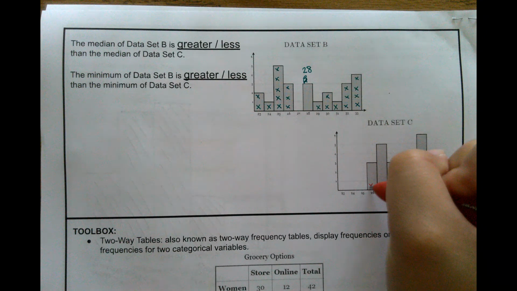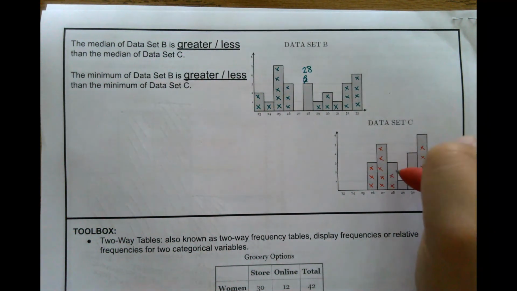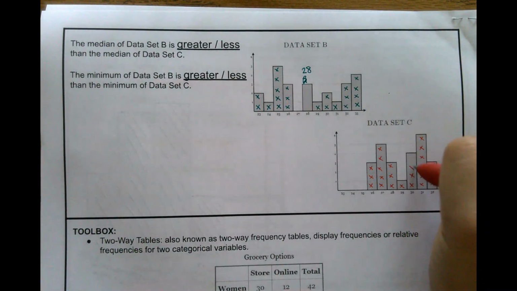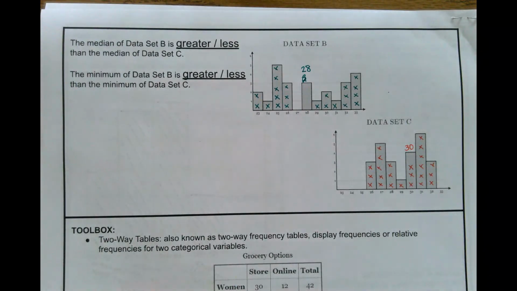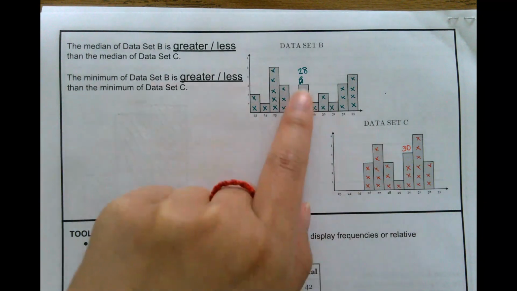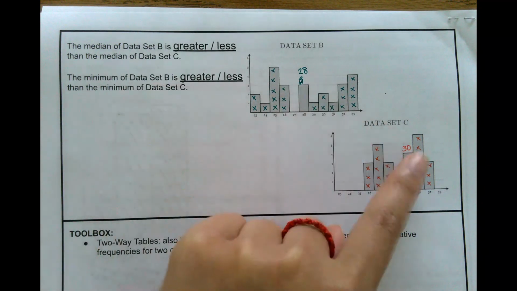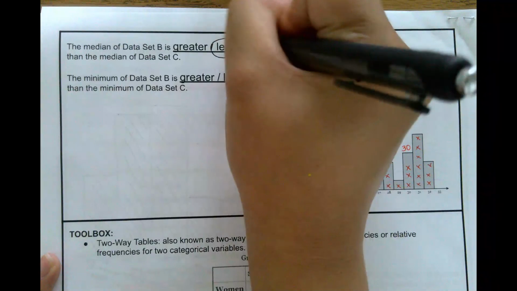1, 2, 3. 1, 2, 3. 1, 2, 3, 4, 5. 1, 2, 3, 4, 5. 1, 2, 3. 1, 2, 3. 1, 1, and all I'm left here is with 30. Okay, so if I compare the median, data set B is 28, data set C is 30. So 28 is less than 30, so median of data set B is less than the median of